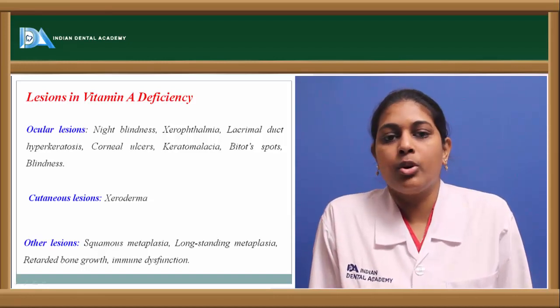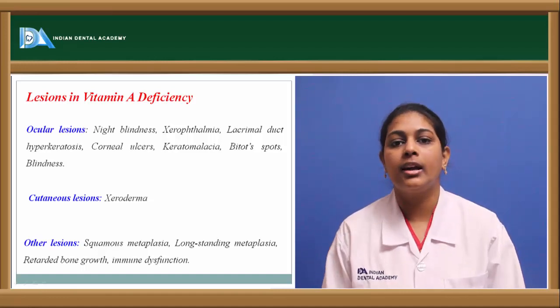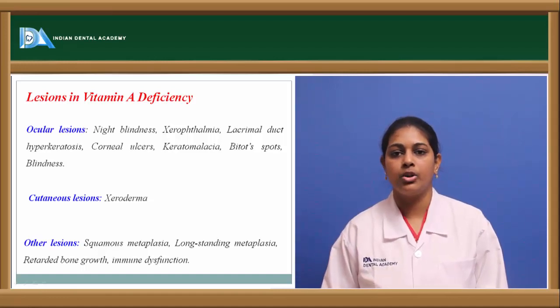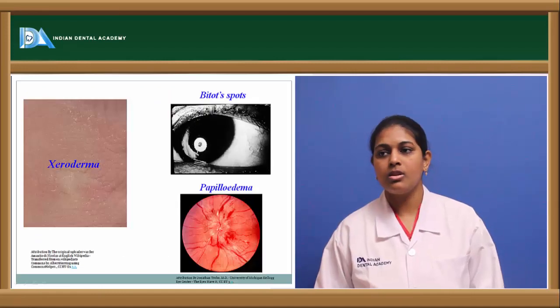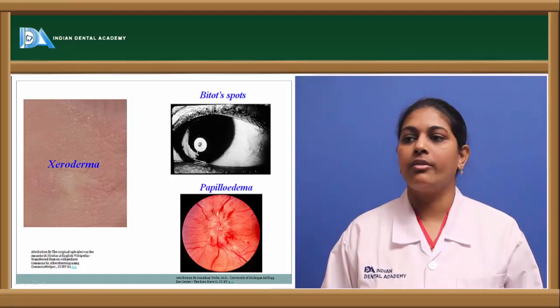Coming next is immune dysfunction. Vitamin A also has a role in immunoglobulins, so any deficiency in vitamin A might result in immune dysfunction. These pictures show xeroderma, that is the scaliness and dryness of the skin, giving a toad-like